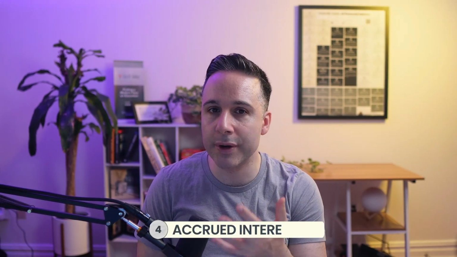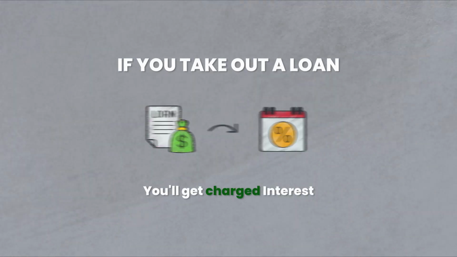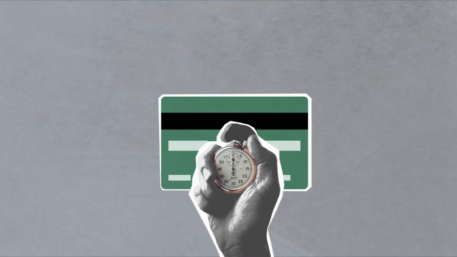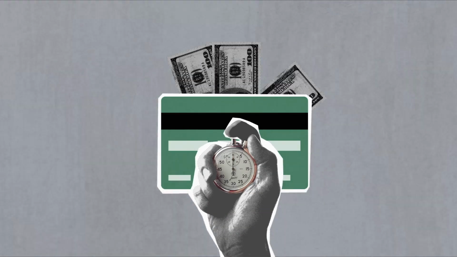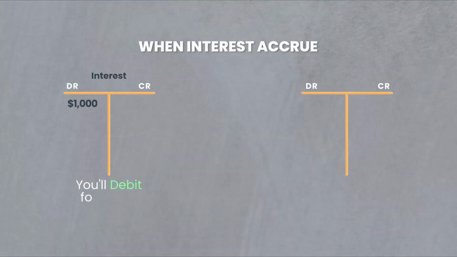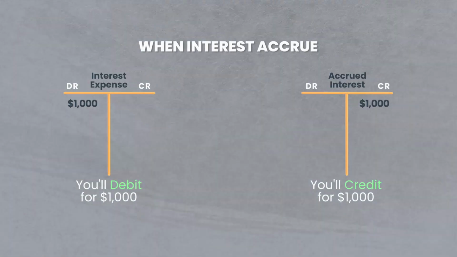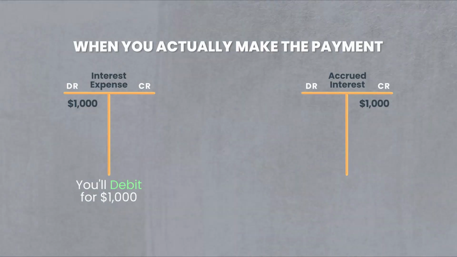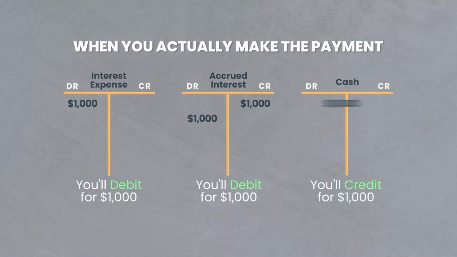It would just mean that you over accrued or under accrued, which is totally acceptable, which is similar to another journal entry, accrued interest. See, if you take out a loan, you'll get charged interest, but you may not have to pay that interest right away. Instead, it may accrue. So you'll debit interest expense and you'll credit accrued interest. When you actually make the payment, you'll debit accrued interest and credit cash, which reminds me of one more entry,